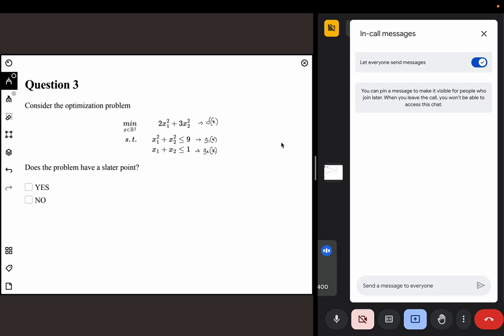So how do I check for Slater condition? First question, is this convex? We have two possibilities. We have to check whether it is convex and affine. This is a convex function, x1 square plus x2 square less than or equal to 9. So if you just plot it,